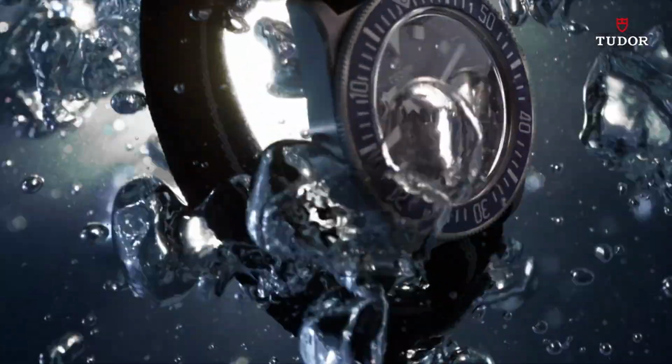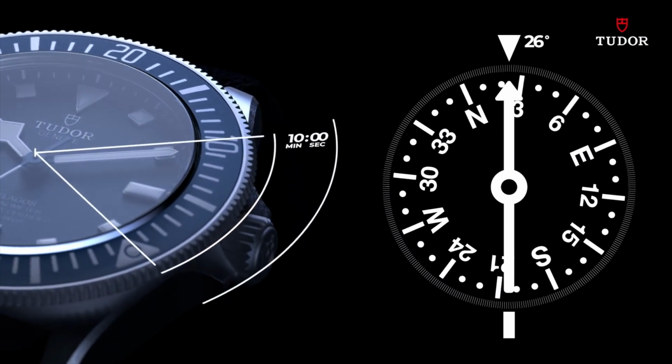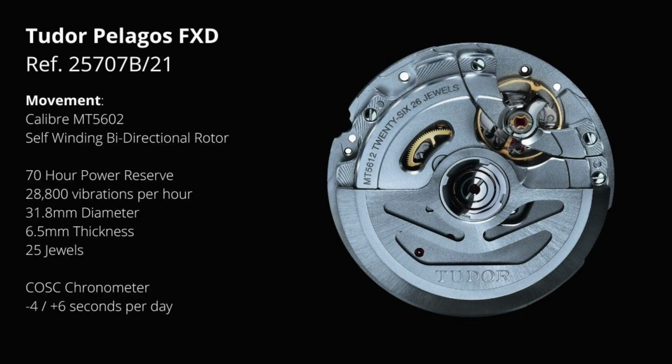No, what this does is allow the diving pair to swim at a constant speed relative to the magnetic compass vector for a specified time, and using the countdown feature of the watch to find your shipwreck or sunken treasure. I guess similar to orienteering over land using map references. Very niche. Otherwise, this watch is pretty standard fare with 200 meters of water resistance and an automatic winding in-house movement